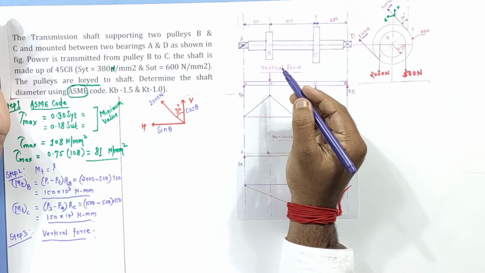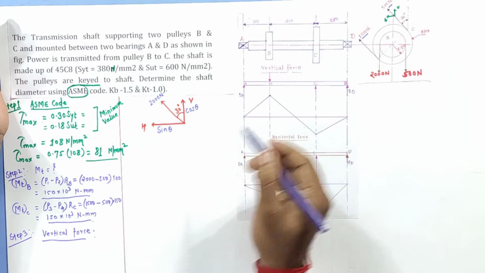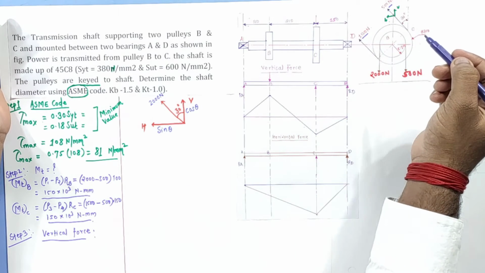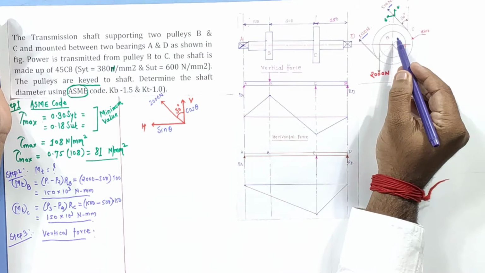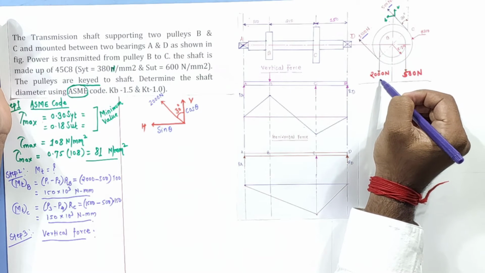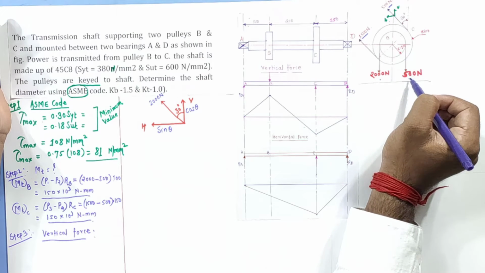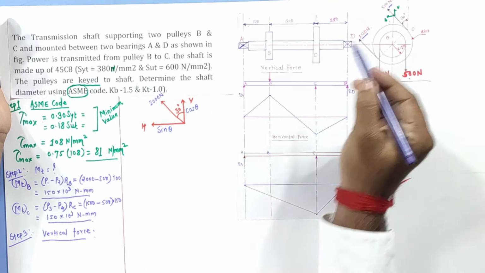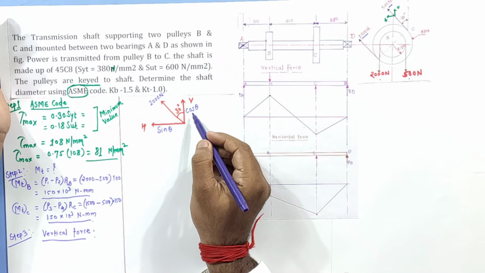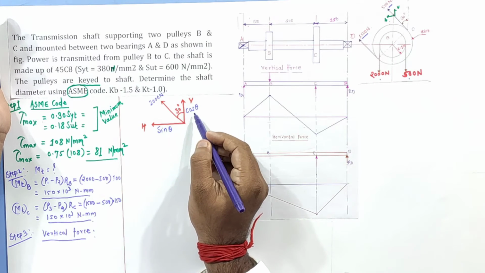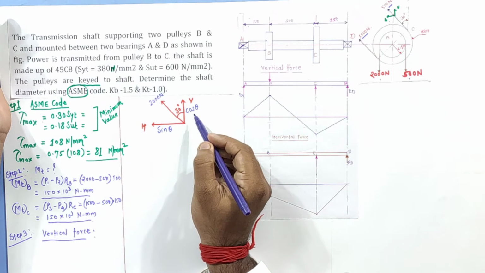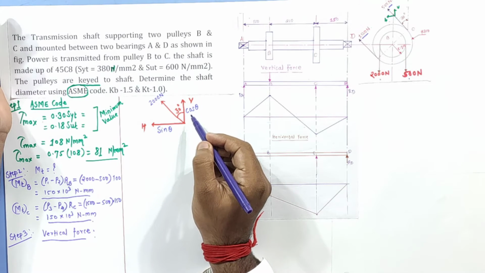Then we'll have to consider first of all vertical force. In this structure, on which pulley is vertical force acting? On the smaller pulley, the vertical force acting is 2000, and here 500. And in the case of inclination, I have drawn here the resultant, cos theta. So I can say 2000 cos of 30. So that would be the vertical force.